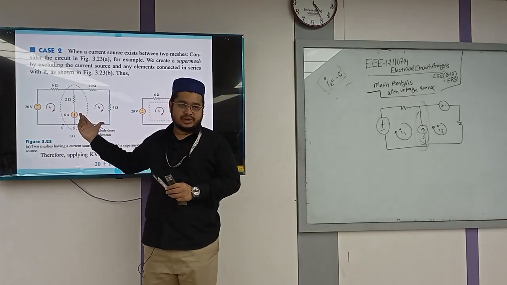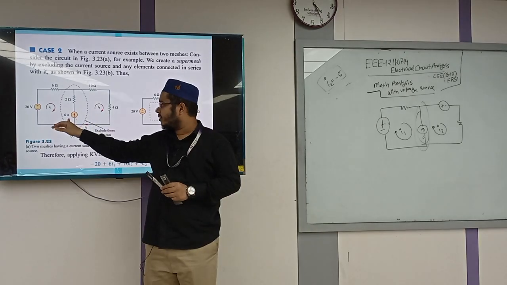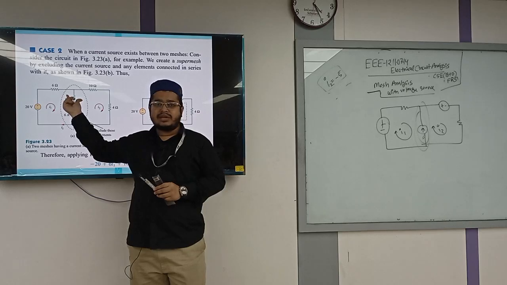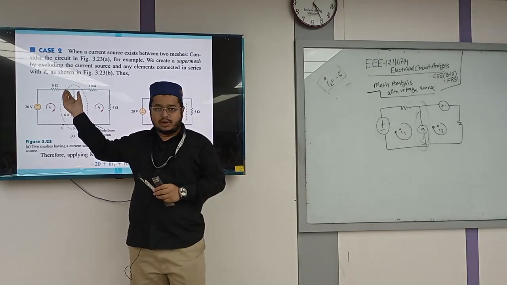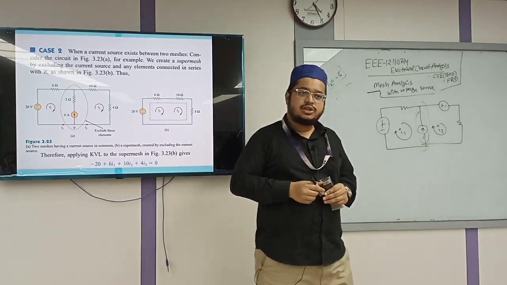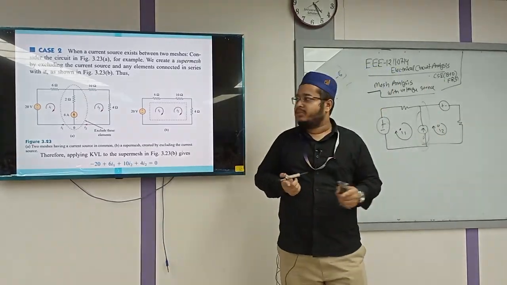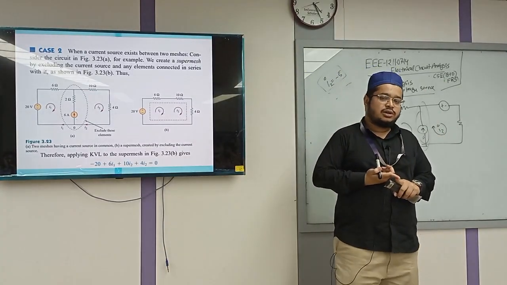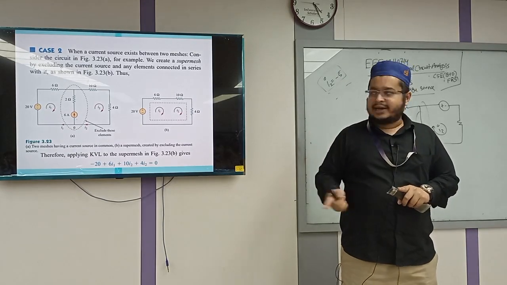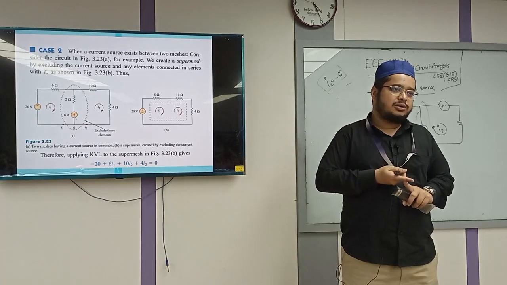জাস্ট দুইটার মাঝখানে পড়ে গেছে। তাহলে এখন কি করা লাগবে, কারেন্ট সোর্স and the element series with it will form a super mesh. স্যার ওই আমরা নোডে যেরকম করছিলাম, নোডে কি ছিল ভোল্টেজ সোর্স আছে আর মেশে কি হচ্ছে কারেন্ট সোর্স। নোডে কি আমি কারেন্ট দিয়ে কাজ করতাম তাহলে আমার ভোল্টেজের ঝামেলা করতে হবে, এখানে ভোল্টেজ দিয়ে কাজ করতেছি কারেন্ট ঝামেলা করতেছি, এইভাবে মনে রাখতে হবে।